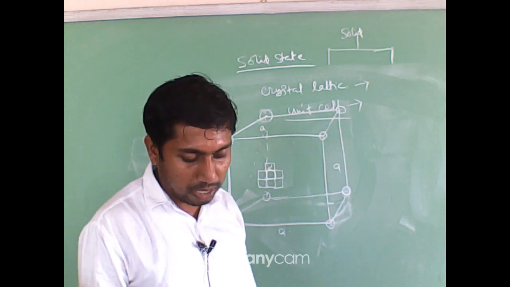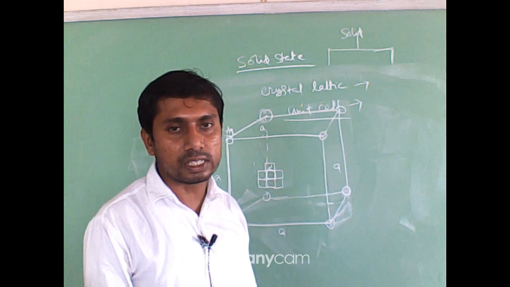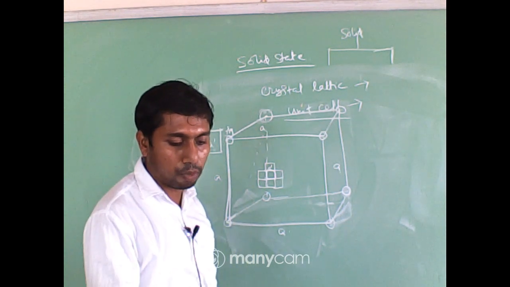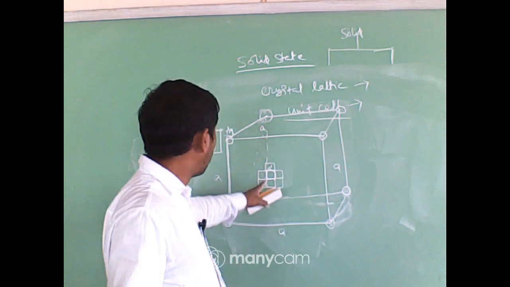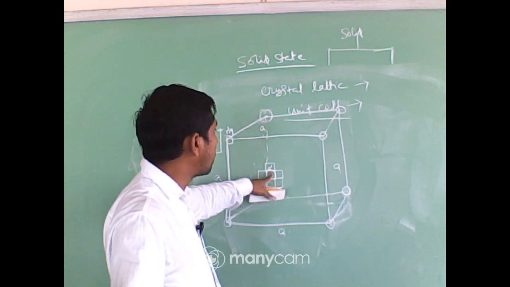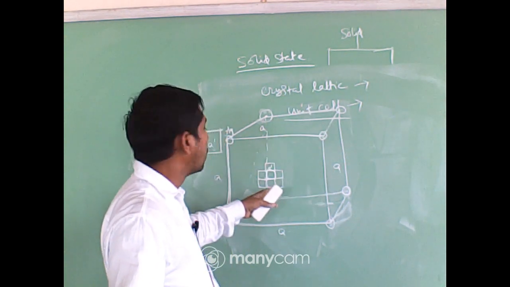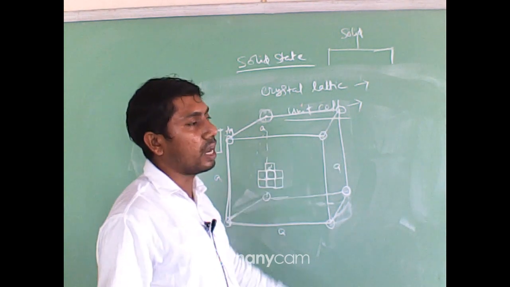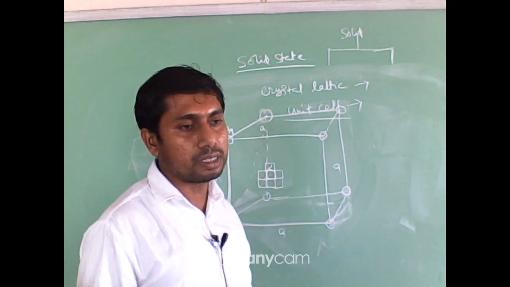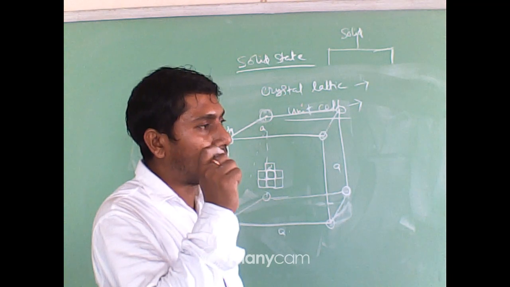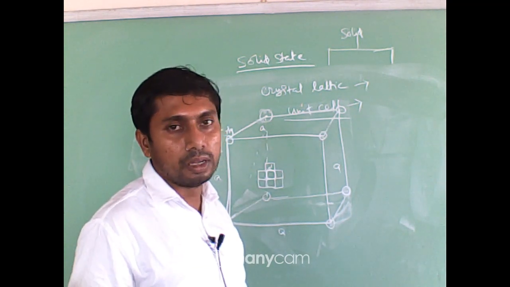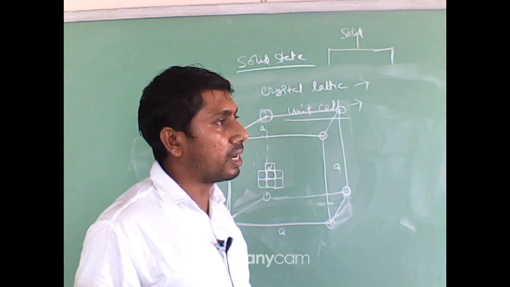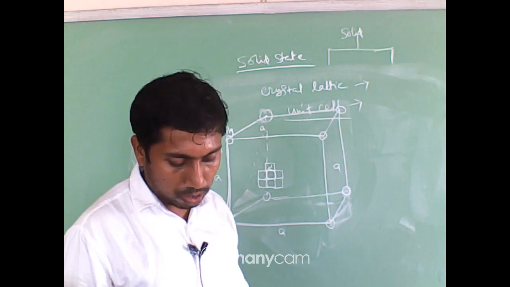Okay. Now, the definition of unit cell. What is a unit cell? It is the smallest portion of the crystal lattice. So, it is a part of the crystal lattice. For example, this area is part of the total crystal lattice. When we extend it into 3 dimensions, if the dimension is a multiple of that unit bond length, then ultimately it gives the overall crystal.